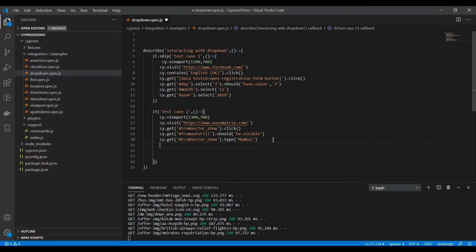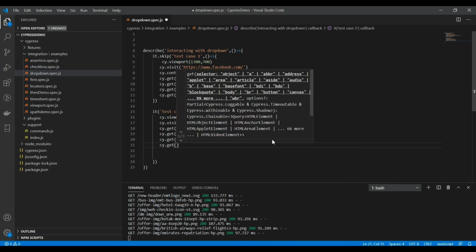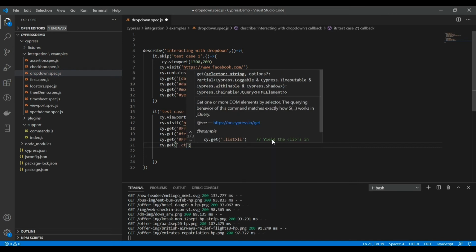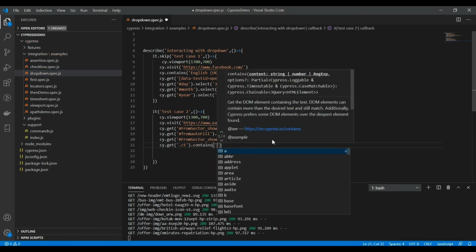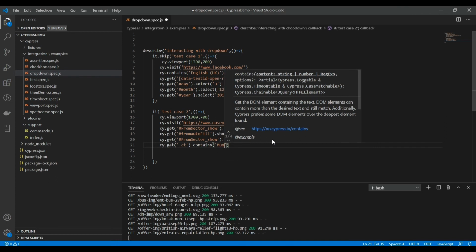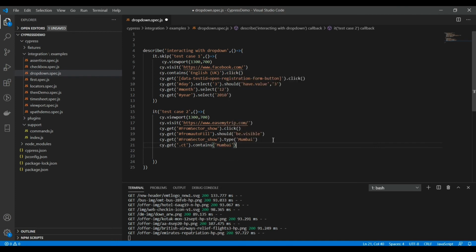Now I'm just writing the code to select that particular city, whichever we are typing in the from text box. I can say cy.get the class value, then it should contain Mumbai, because we have typed Mumbai there, and then click on that particular option in the drop down.